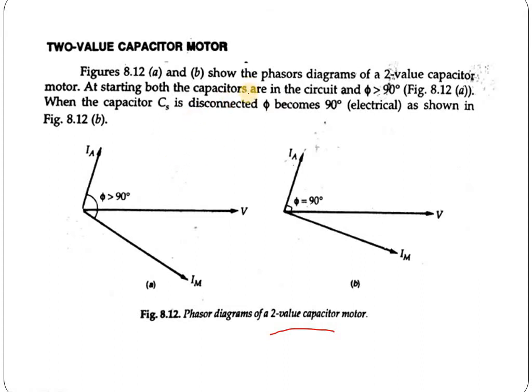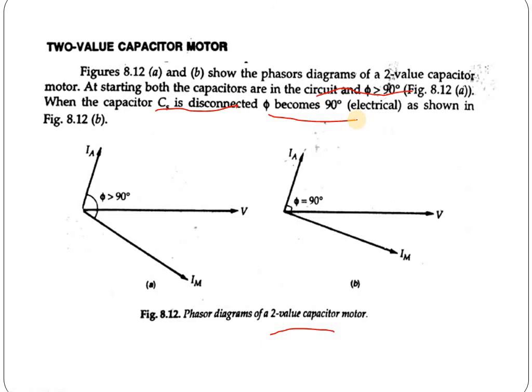At starting, both capacitors are in the circuit, so definitely the angle phi should be greater than 90. And when CS is disconnected, then phi becomes 90 degrees electrical, as shown in the figure. So what happens when the main winding plus the auxiliary winding, with both the capacitor start and capacitor run together, are performing? In the voltage and current phasor relations, we get a phase difference between voltage and current which is more than